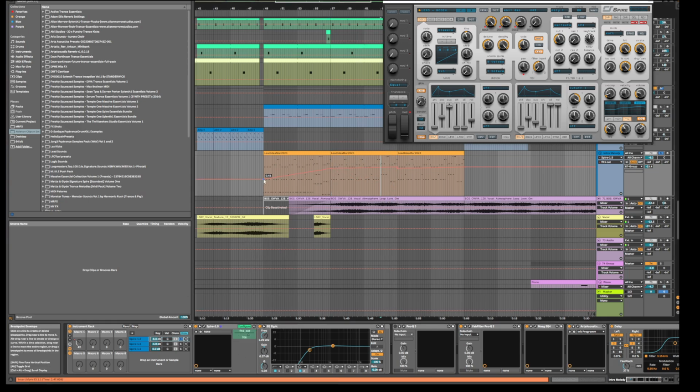And then once you do that, it will look like this. So I'm sure you guys know how to do automation in Ableton. I don't need to go too far into that. So by doing that, you can create a lot of interest in your leads and get some really nice sounds. And if I play this all together,